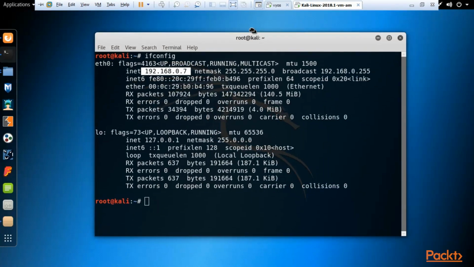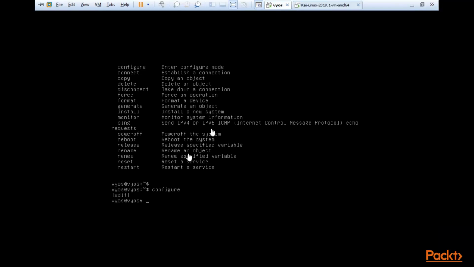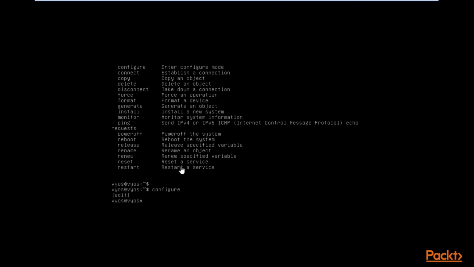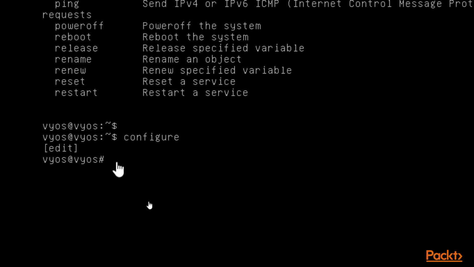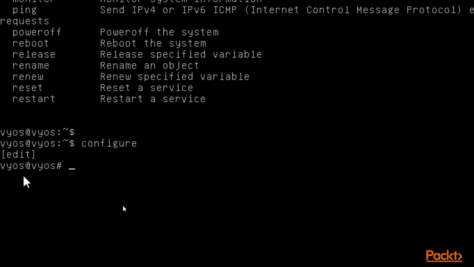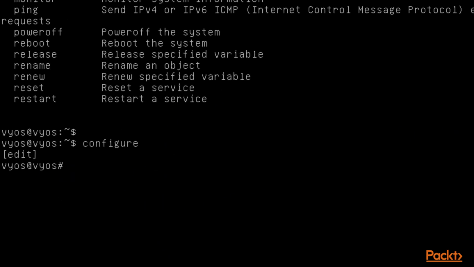Now come back to VIOS, and I will show you how you can assign an IP address inside this machine. Click inside and type set interfaces ethernet, because we are working on Ethernet and our adapter is eth0, then address, and here you can type the IP address.